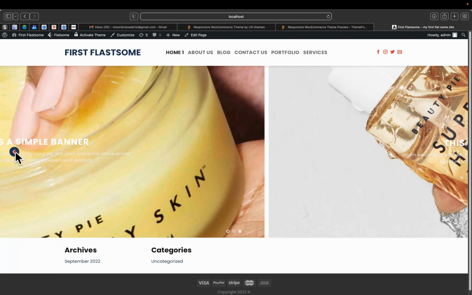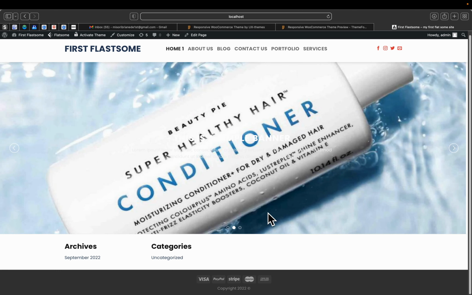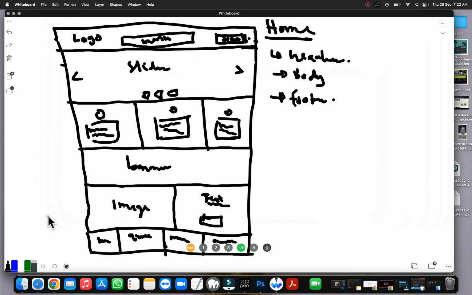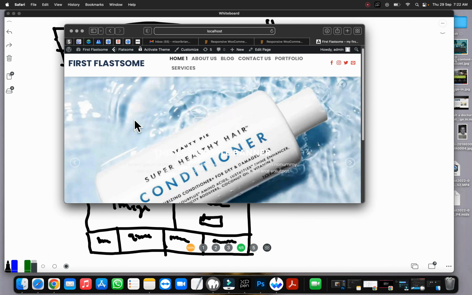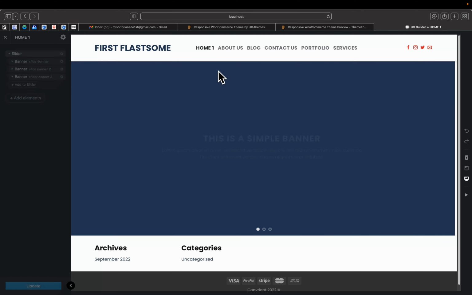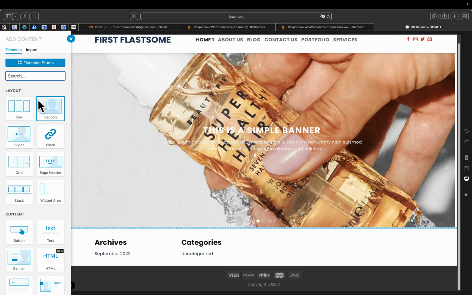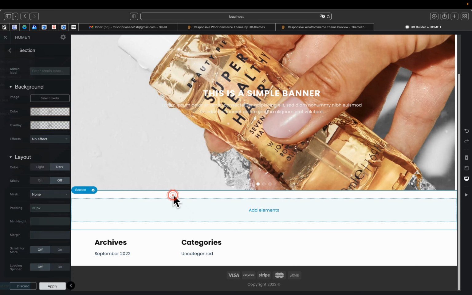So this is our slider with 3 banners, and that's it over there. So we have to go over now to the next section, which is the 3 columns with image boxes, icon boxes. So I'll go back to edit with UX Builder, and then just below the slider section, I'll see a plus button over here, and what I'll do is I'll simply click on that plus button, and then I want to add a section here,